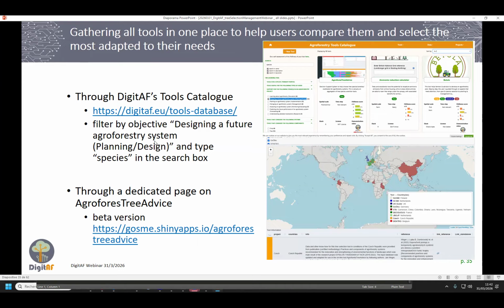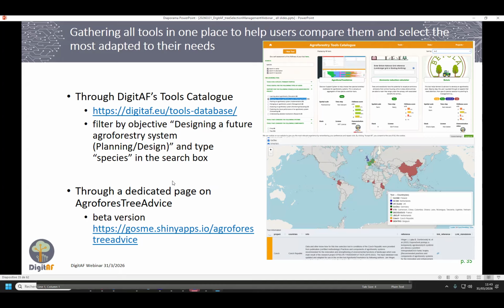So for gathering all tools in one place, we worked in different directions. One is the DigitAF tool catalog that I already showed you, where you can find tree species selection tools by filtering by the step in the agroforestry journey, which is designing a future agroforestry system. So it's in the planning and design phase, and typing species in the search box, and you will find a number of these tools.